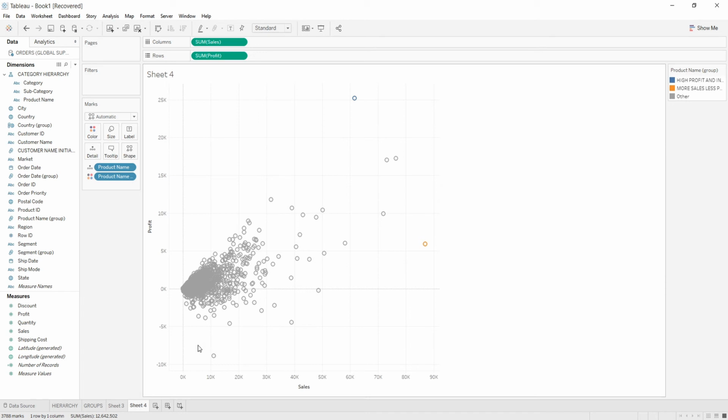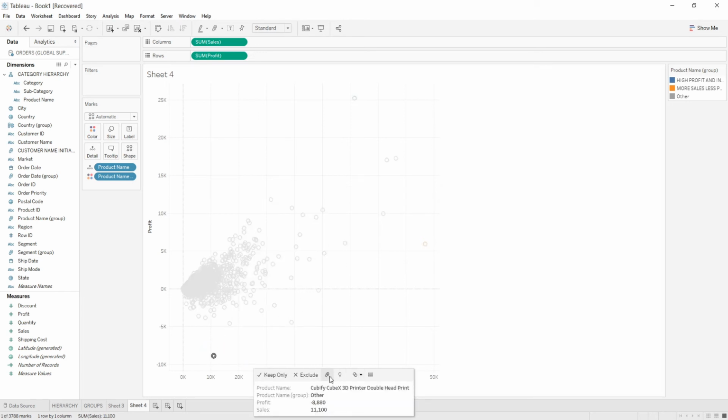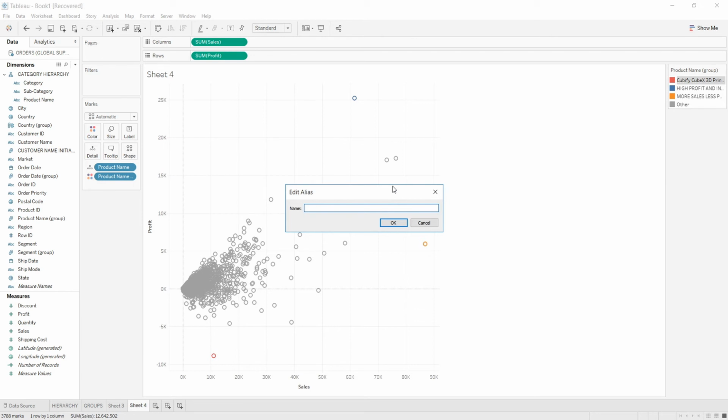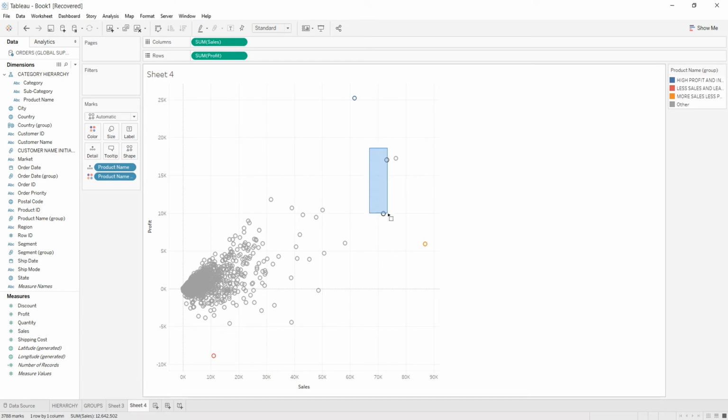Further, we have these products that are in loss, but this is one of the products which is having the high loss. So we can give this product a name by right clicking over it and doing edit alias, that is less sales and least profit. Further clicking on OK. And these are some of the products that have a good amount of sales and a good amount of profit.